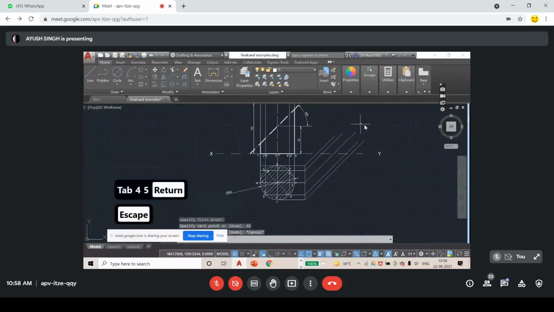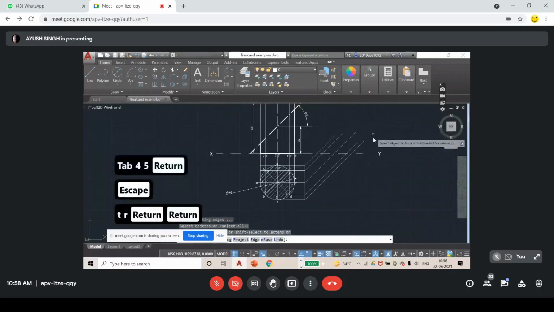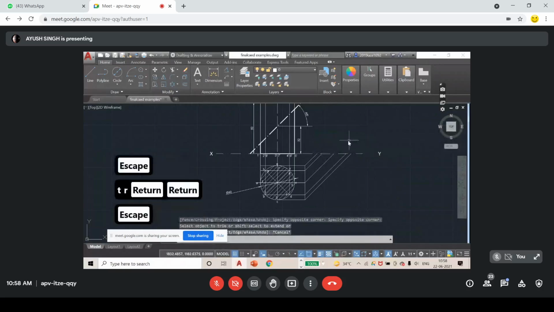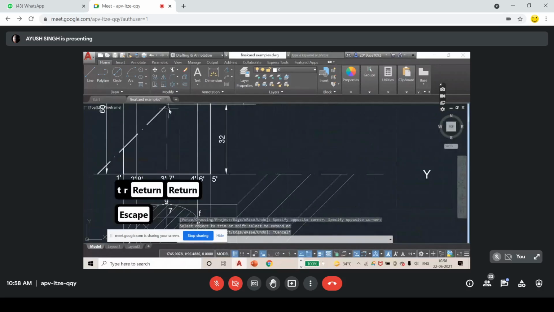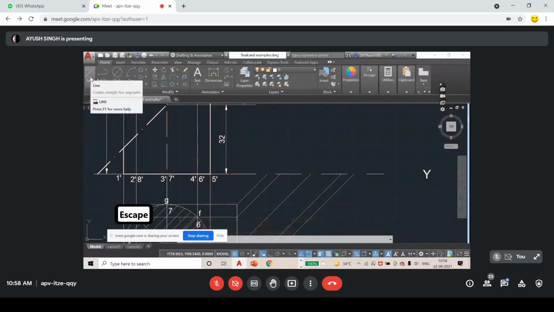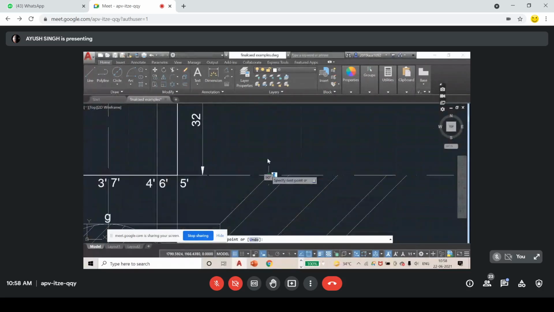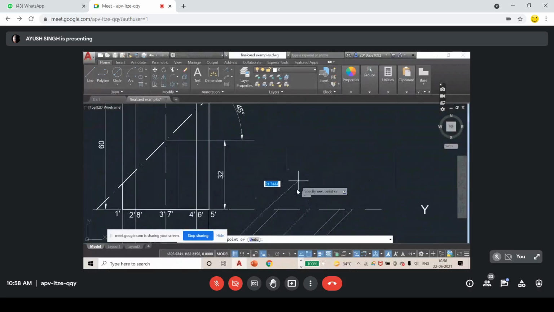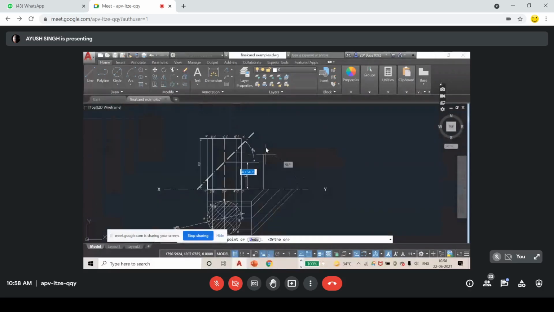Now I want to trim these out. I can use X lines as well if you want, but I'm not using them because I will have to trim the similar, so it will take me similar time. Now I will extend these up to here.